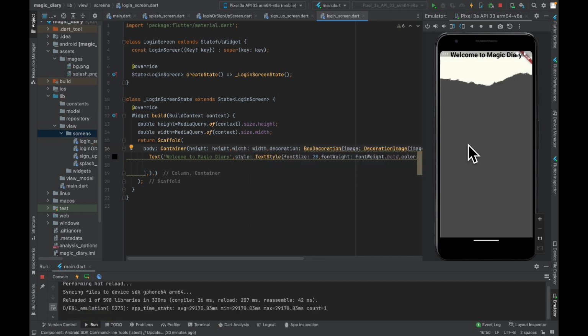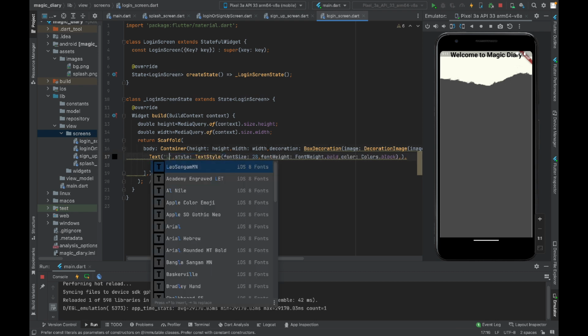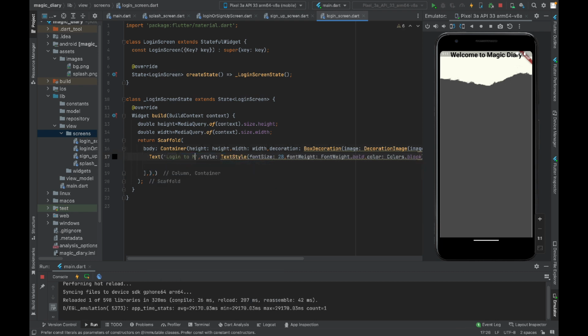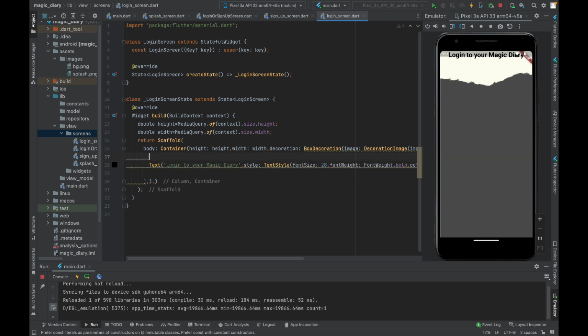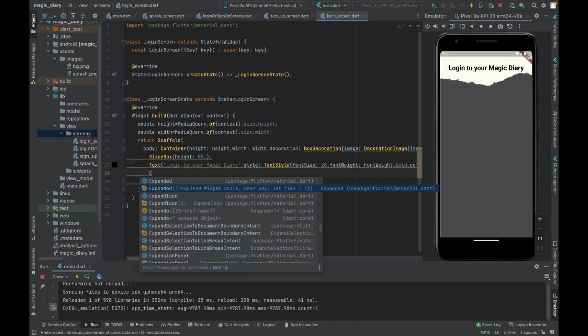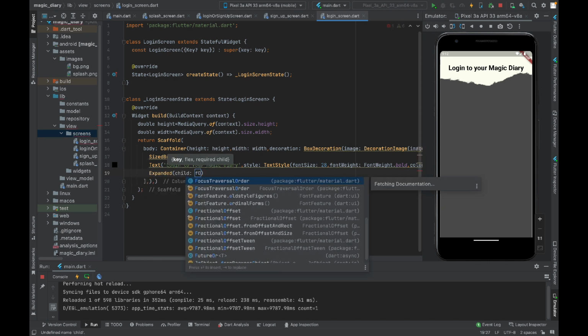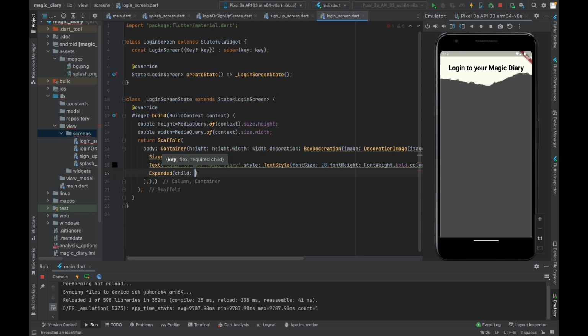Okay, so here we have a similar looking login screen, and I will change this text to "Login to your diary, your magic diary." Again, I need a size box on here, 55, that we already know is a perfect size. And now after this text here in the expanded widget, I need a form, and I'm gonna create multiple text